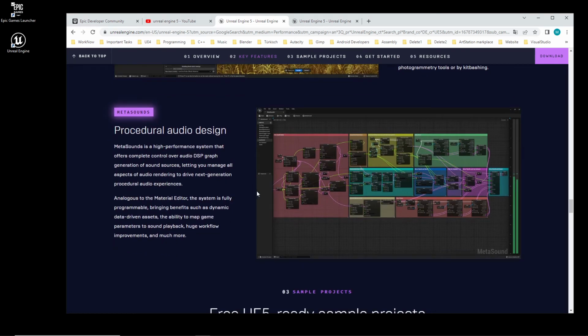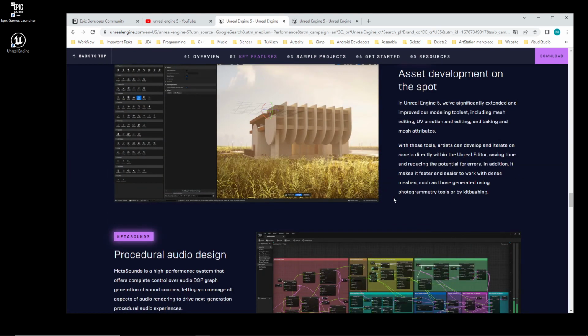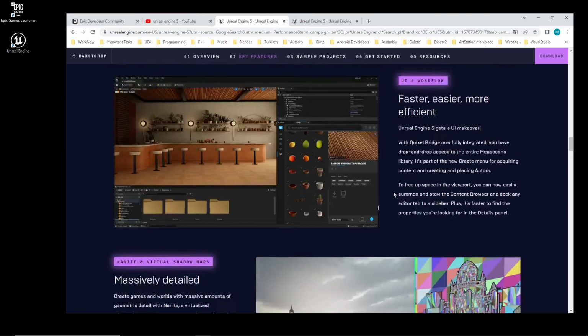And here, one more thing for sound. They changed the sound now. I think this one is not the only thing they changed in sound. There is much more. This is just procedural audio design here, but I think they changed much more there. I saw much more. Perhaps they released the other changes earlier, but there is much more to sound than what is shown here, I think. And yeah, these are only the main features, which is a lot when you try to learn them,